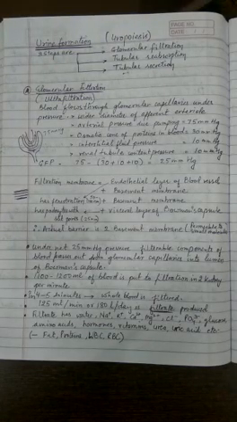So in the last class we continued the 19th chapter, that is the excretory products and their elimination, and we discussed the topic of urine formation. We learned that urine formation is also called uropoiesis and it has three steps. The first step is glomerular filtration, the second step is tubular reabsorption, and the third step is tubular